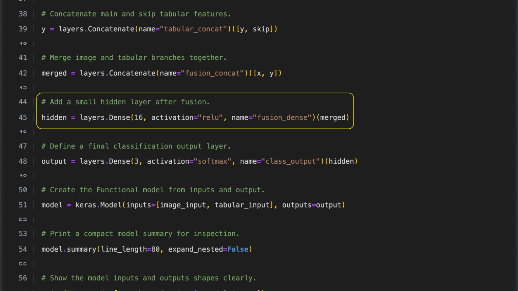After merging the image and tabular data branches, we pass the combined features into a hidden layer with 16 units. This layer uses the ReLU activation function to introduce nonlinearity, which helps the model capture more complex patterns. We call this layer the Fusion Dense layer to highlight its role in processing and refining the merged information from